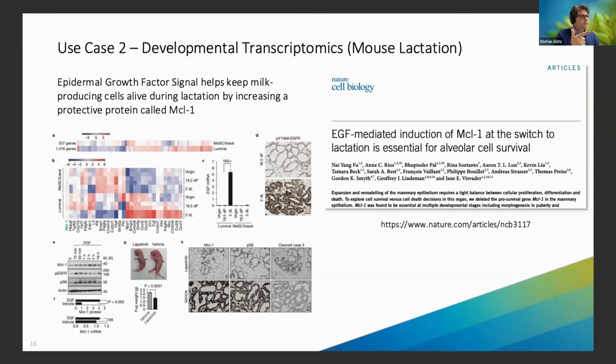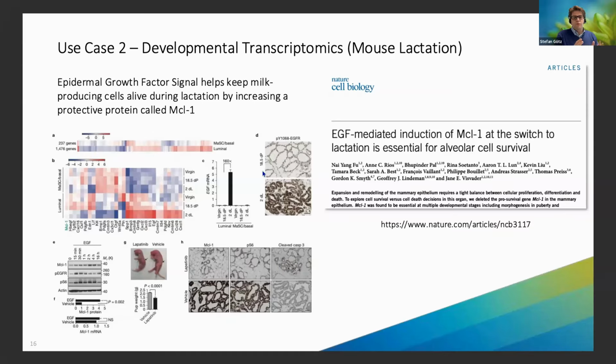Dataset number 2 is a use case for a developmental transcriptomic study. It's actually about mice lactation. So we have this epidermal growth factor signal, which helps keep milk-producing cells alive during lactation by increasing this protective protein called MCL1. So this is this Nature Cell Biology study, which we took to show OmicsBox, and they were